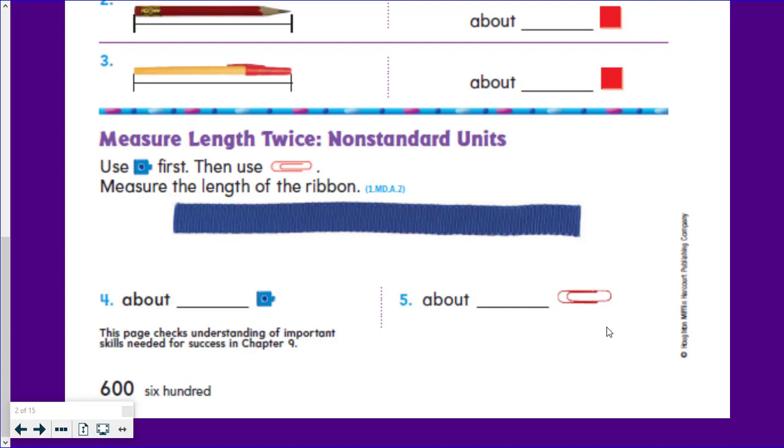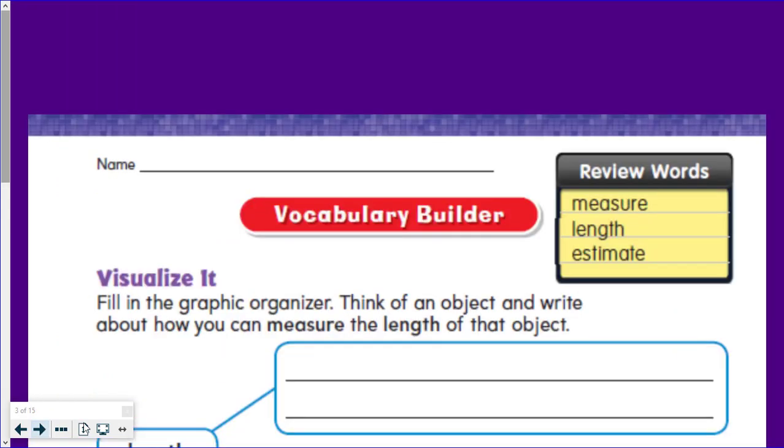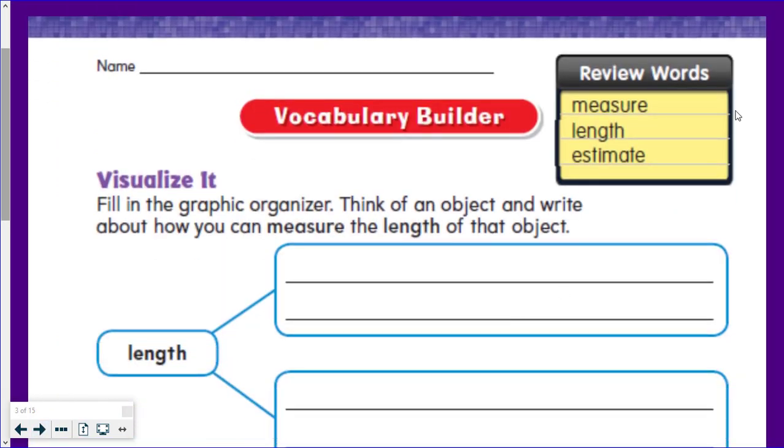All right, let's go on to the next page. Vocabulary. So let's go over the review words. All right, so let's see. I read, you read. Measure, length, estimate. So visualize. It says fill in the graphic organizer, think of an object, and write about how you can measure the length of that object. So length. If I want to measure the length of an object, how could I measure it? So if I want to measure the length of my desk, right, we'll write